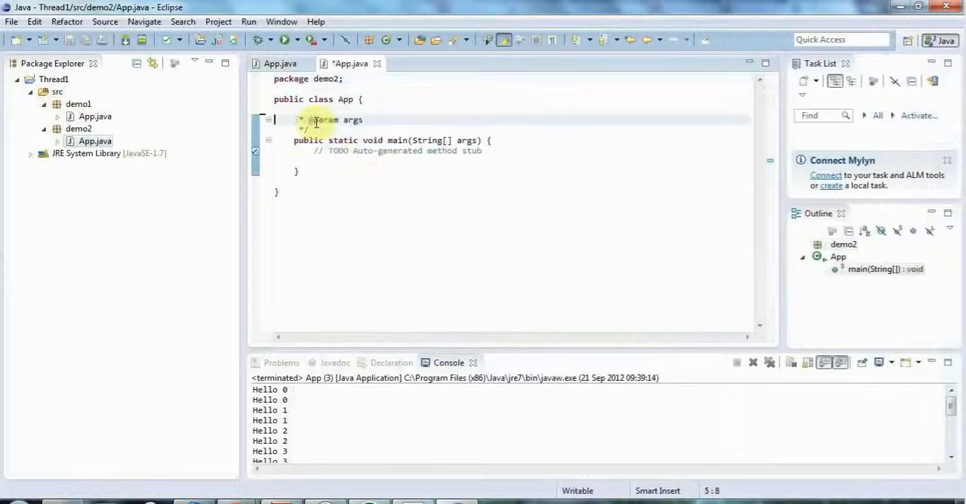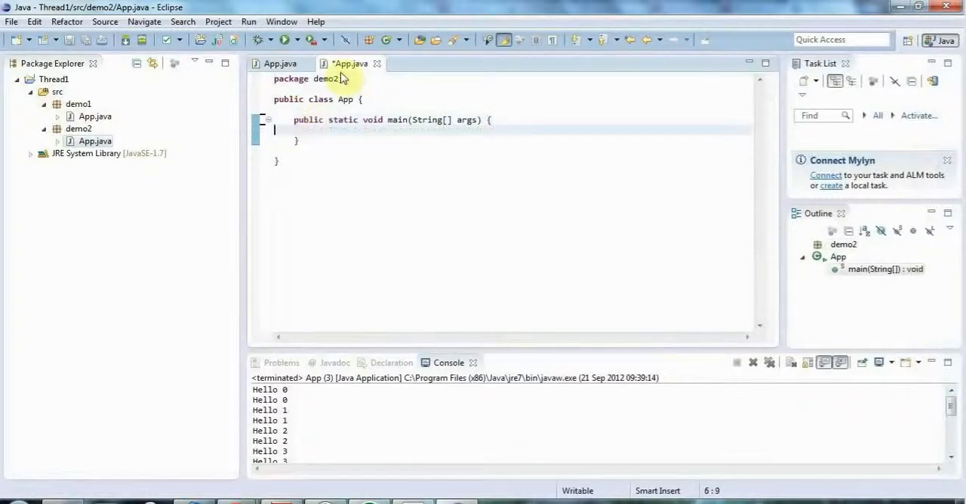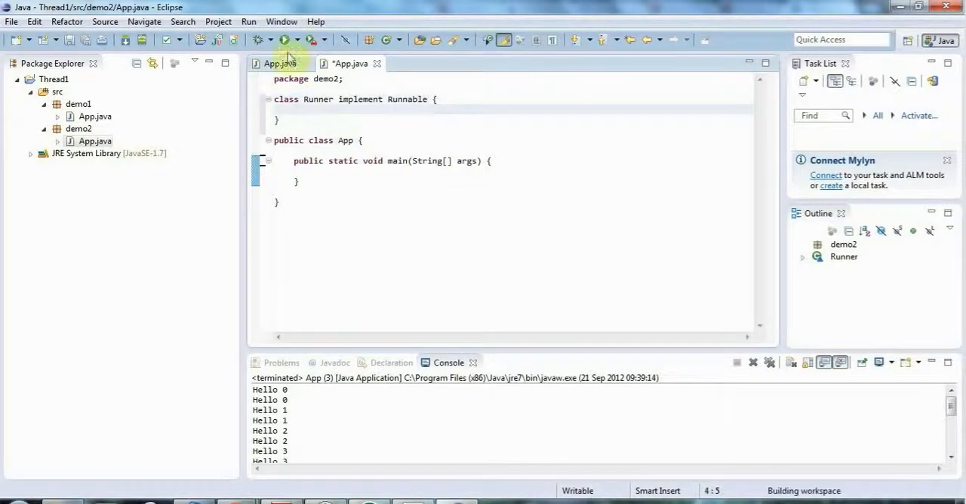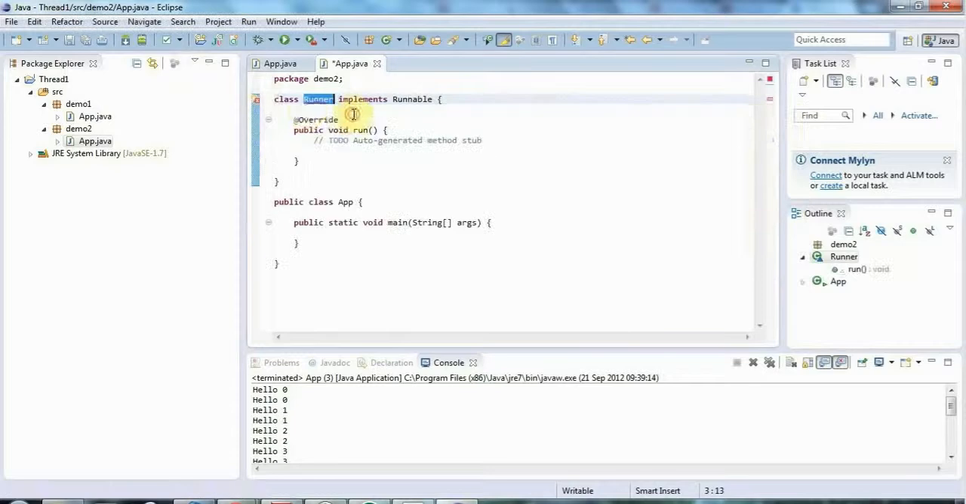And I'm going to create a new class up here. Class, I'll call it Runner again, and I'm going to say that Runner implements Runnable. And Runnable is an interface which just has one method in it, public void run. So let's just click this error here and go to add unimplemented methods, and now I've got my public void